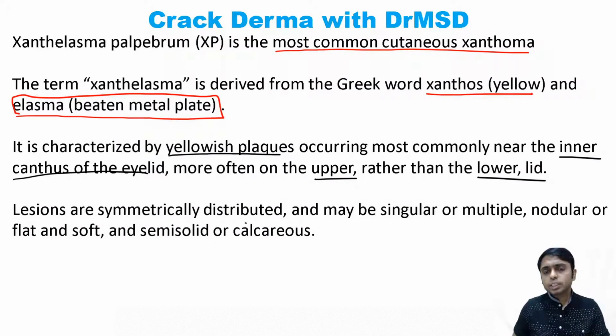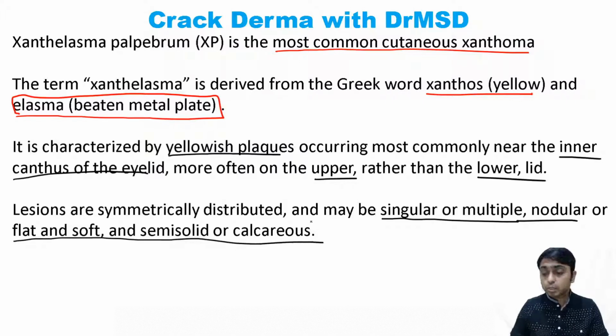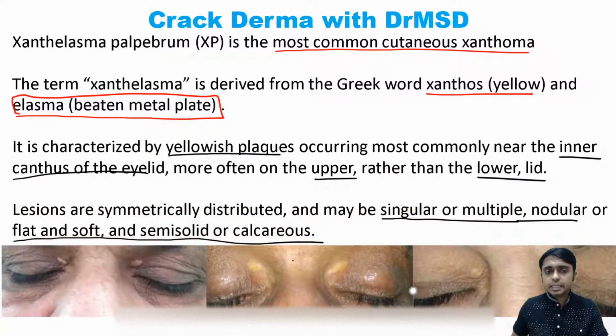Lesions are symmetrically distributed. You can see the lesion is present bilaterally, may be single or multiple, nodular or flat, soft and semicircular. So all these are possibilities. Here you are able to see a very much raised lesion. Here there are a few tiny lesions which are coalescing to form a larger plaque. And again, this is the picture which I have kept in today's